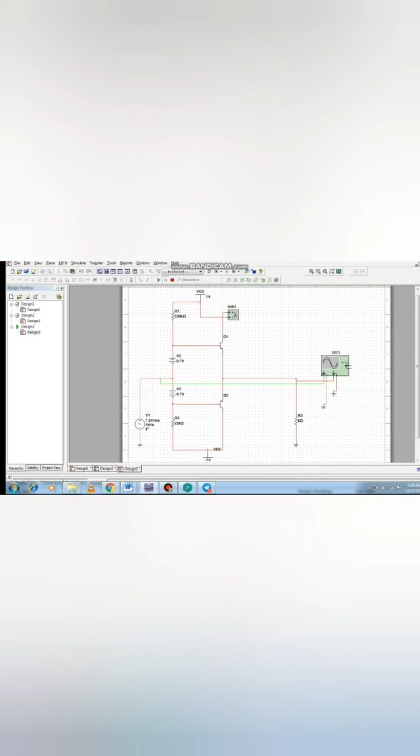Therefore, in class AB amplifier design, each of the push-pull transistors is conducting for slightly more than the half cycle of conduction in class B, but more or less than the full cycle of conduction of class A. The conduction angle of class AB amplifier is somewhere between 180 degree to 360 degree, depending upon the operating point selected. This is understood with the help of